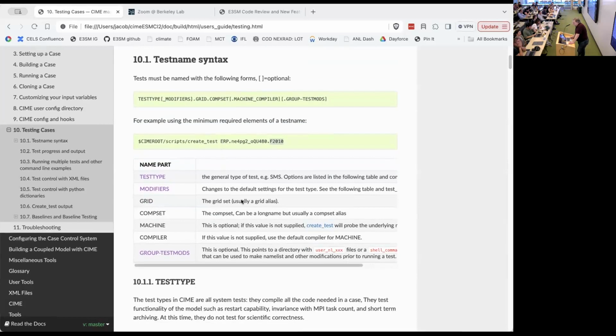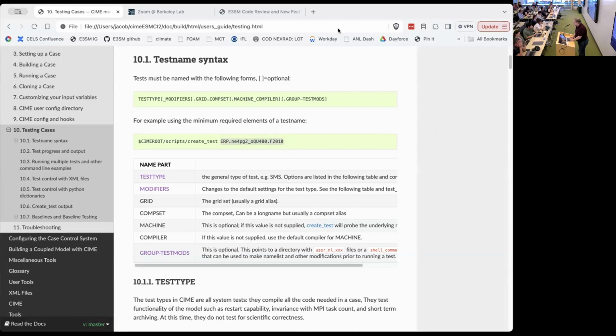And you know about a grid and a comp set. Like it's shown here, the machine and compiler are optional parts of the test name. If you don't provide them, it will just figure out what machine you're on, like Perlmutter, and use the default compiler.